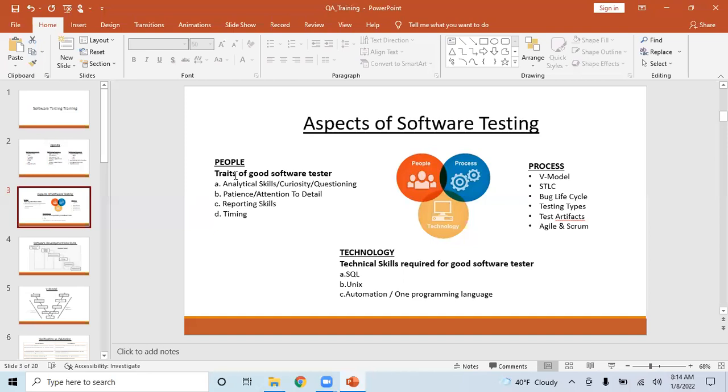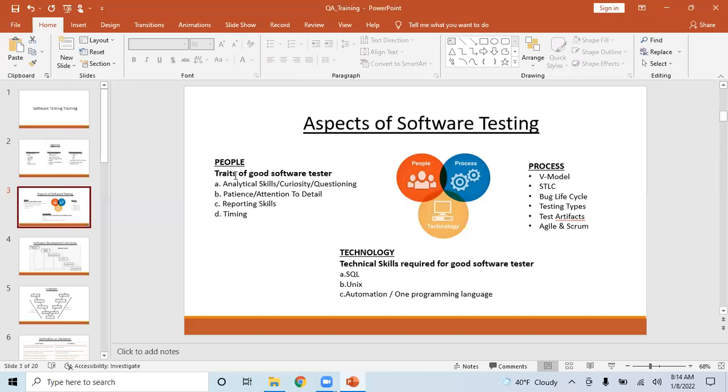software tester. And then you have to be patient and also give attention to detail when you're doing the actual testing. You don't get bugs unless some bad software developer developed them. Normally you don't get bugs that easily when you're testing. So you have to be patient, and give attention to the details.